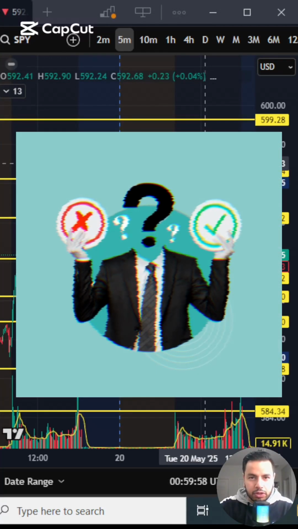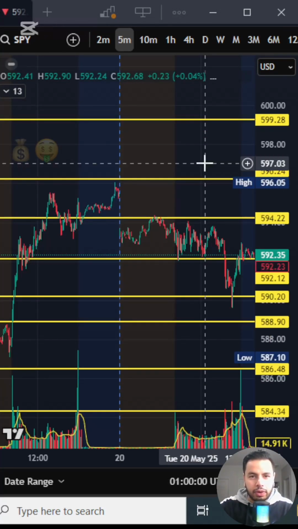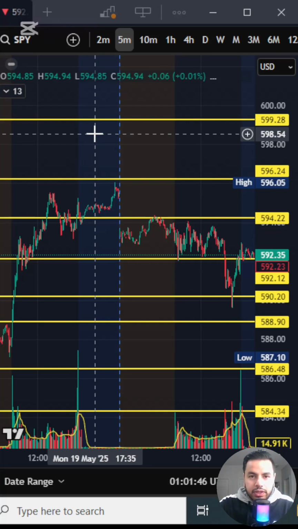You're still confused about support and resistance? Let me show you how to draw it on the hourly chart. Now, it doesn't matter what system you're using, support and resistance are the two things you're always going to need